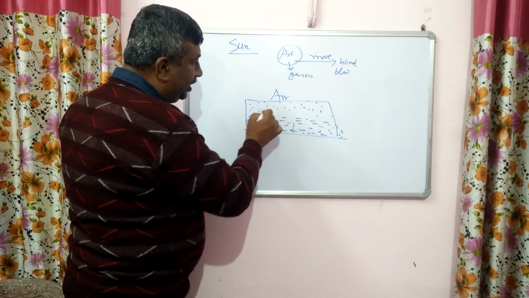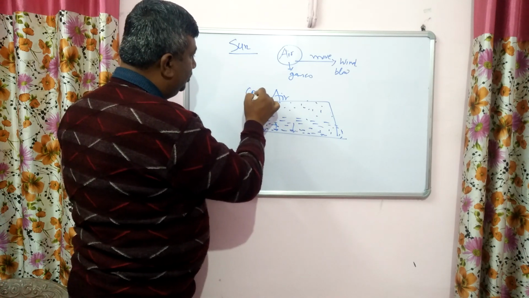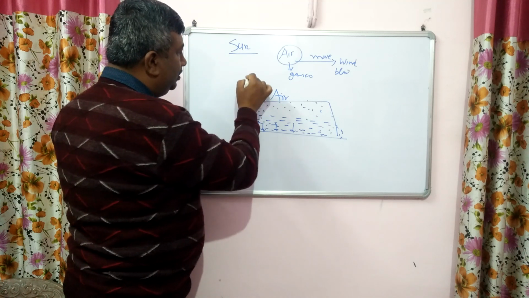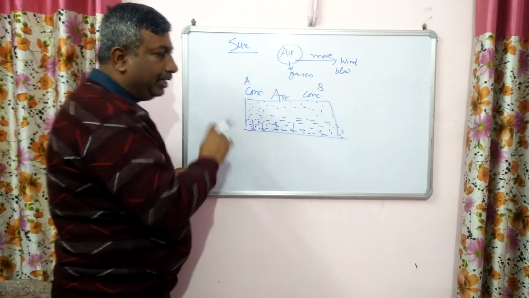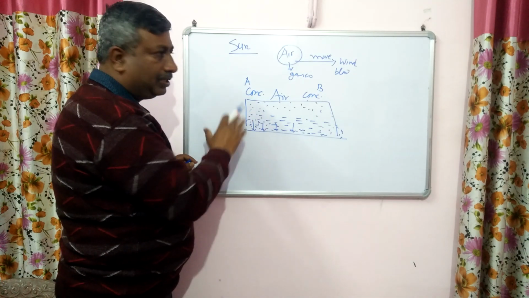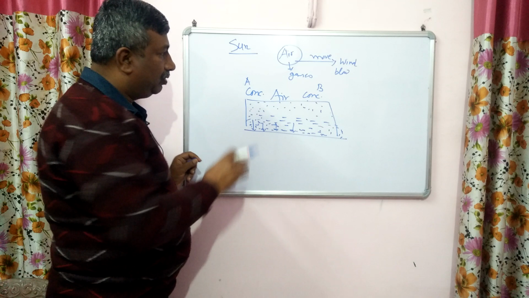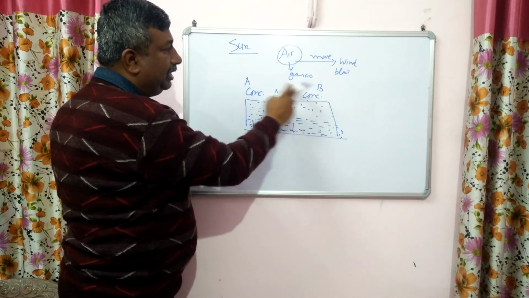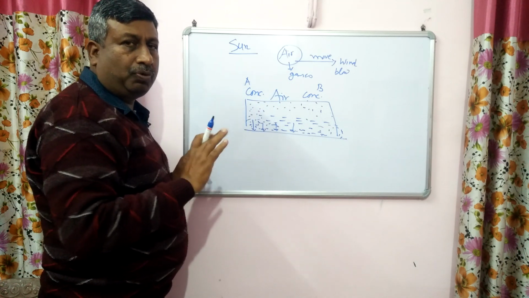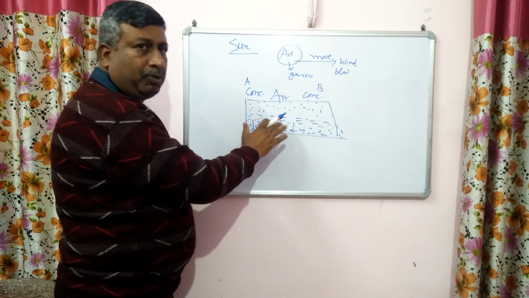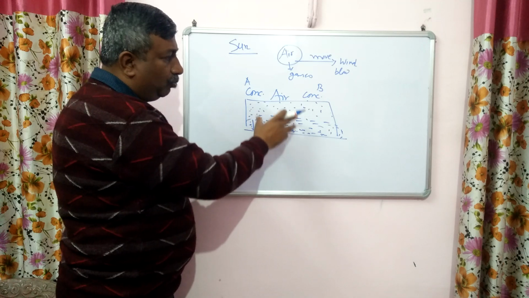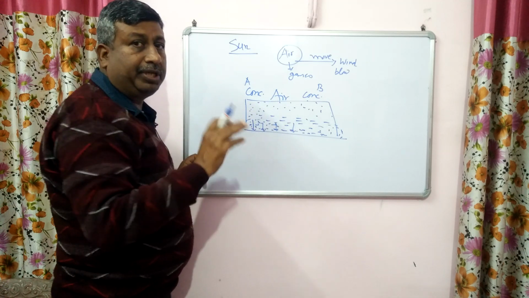So we can say the concentration, or number of molecules, on side A and side B is the same. In the normal condition this is the process. So there is no diffusion because the concentration on side A and side B is the same. There is no movement from one side to another. Random movement is there, movement of air molecules, but not in a particular direction.